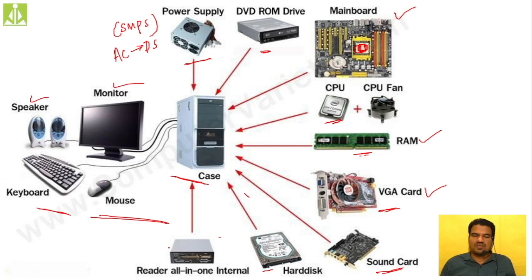If you want to open the big size video cassettes inside a computer, you have to have a special type of reader. This is that kind of reader. It simply says reader all-in-one internal. All-in-one in the sense that it will do the job. Whatever readers we have in the market, you can simply replace this reader with that reader. All these devices we connect inside a computer work together to fulfill your operations.